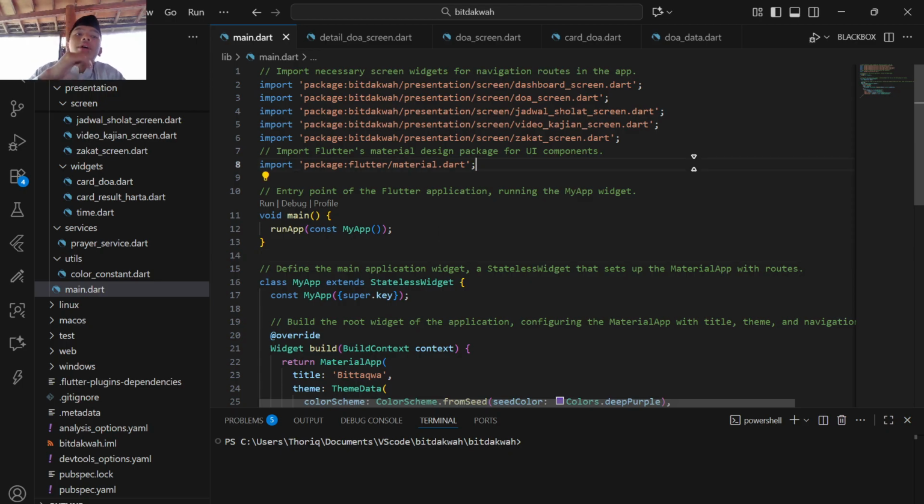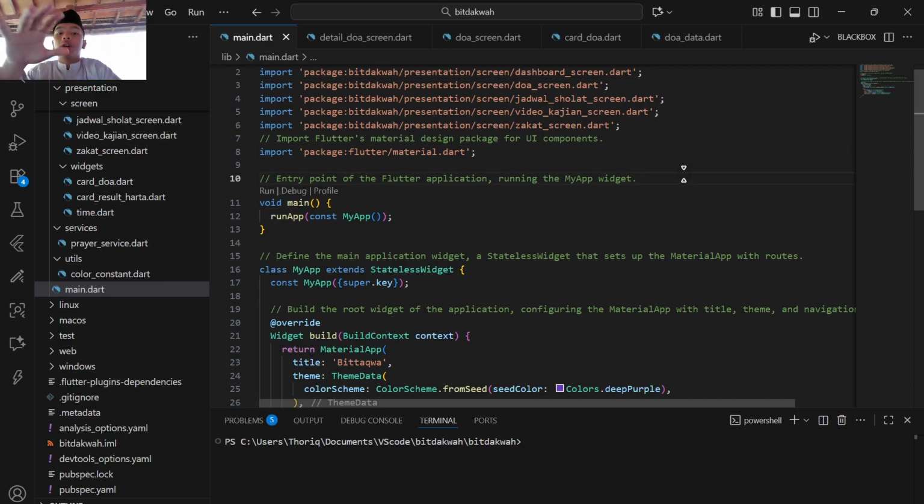screen. Now you can see here in the main dart file there are the necessary screen widget imports for the navigation and the routes in the app. The imports are the presentation, dashboard screen, doa screen, jadwal screen, video kajian, and zakat screens. And this imports Flutter material for the design of the UI components. You can see there's the material dart. And the entry point of Flutter for the starter is running my app widget. Here you can see the void main and running